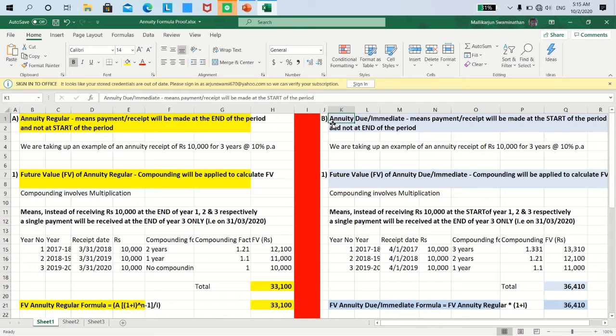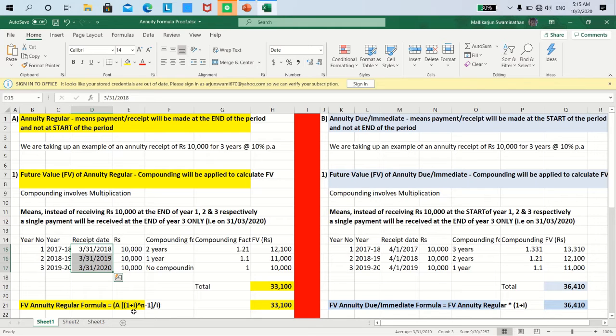Okay, all that I want to do is probably try and help you again in terms of explaining the meaning of annuity due or immediate. Now in our example, I said initially Mr. X is required to pay the amounts on 31st of March 2018, 31st March 2019, 31st March 2020, highlighted in cells D15, 16 and 17. Okay, displayed on your screen.